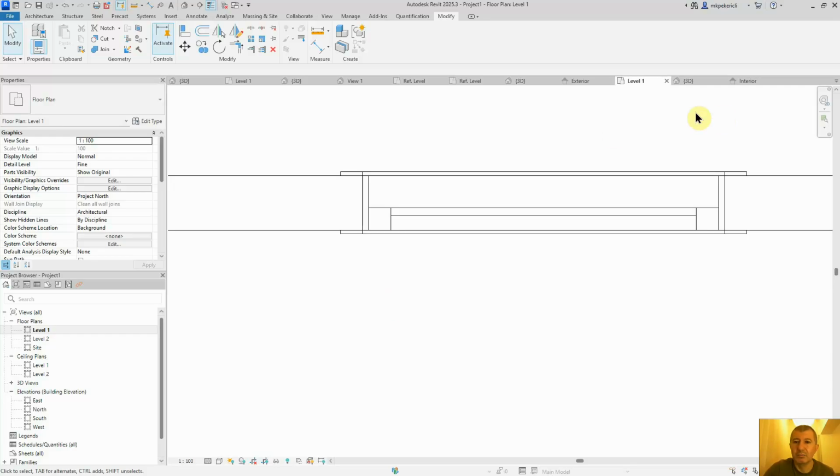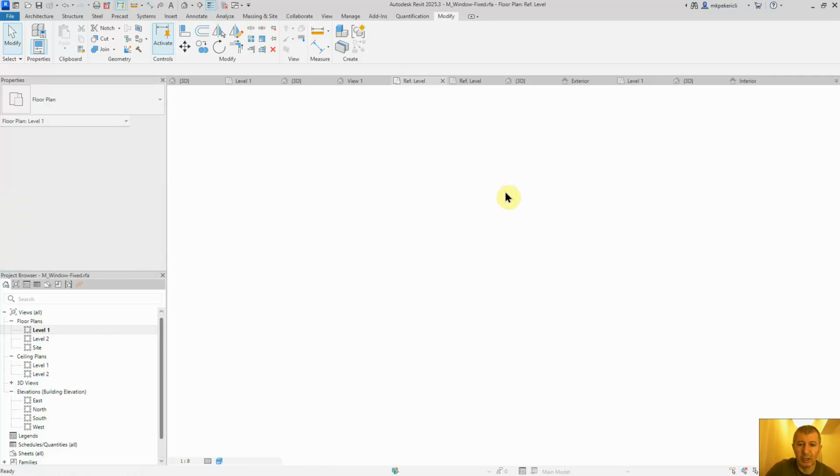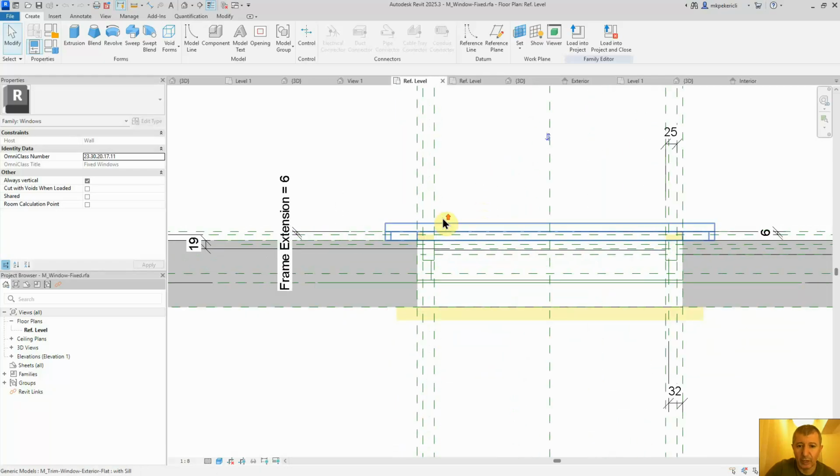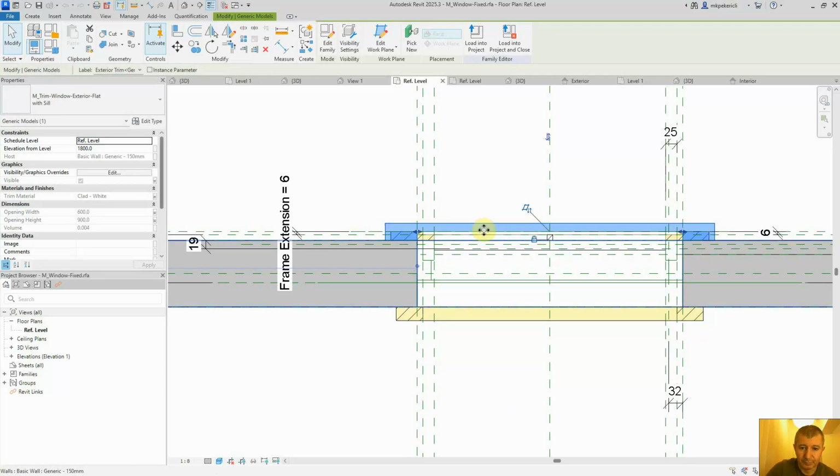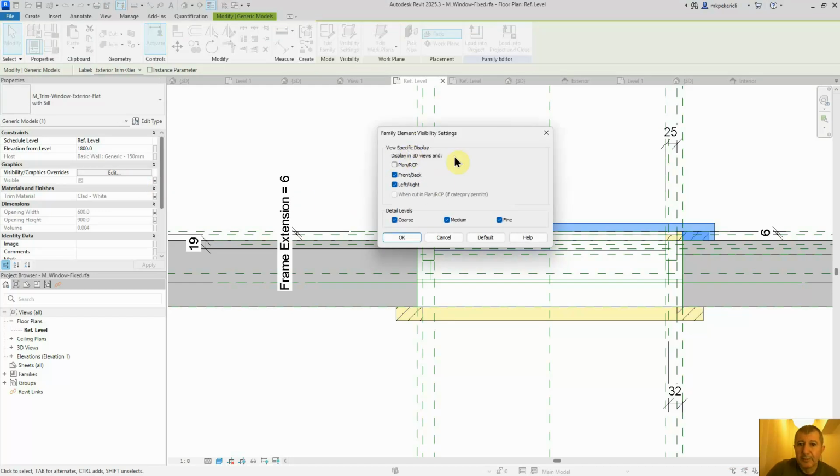Well, for that we can learn a lot from this window. If I click on an element, like that, and if I click on visibility graphics overrides here, see, now you can